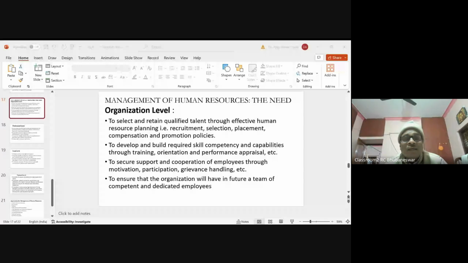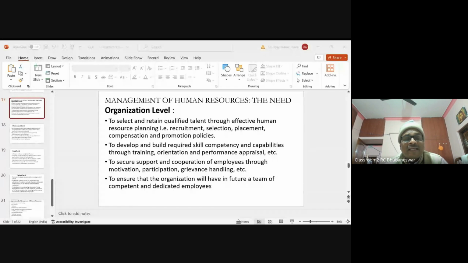So the promotion and recruitment should be done effectively to develop and build required skill, competency and capabilities through training, orientation and performance, to secure support and cooperation of employees through motivation, participation, grievance handling, etc. Always take the grievance of the teachers, students, everybody, to ensure that the organization will have in future a team